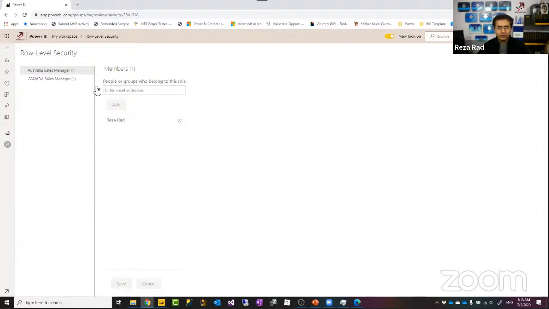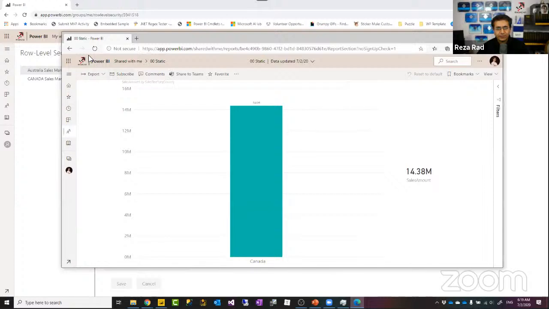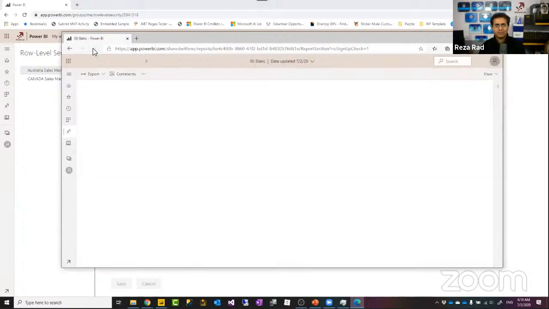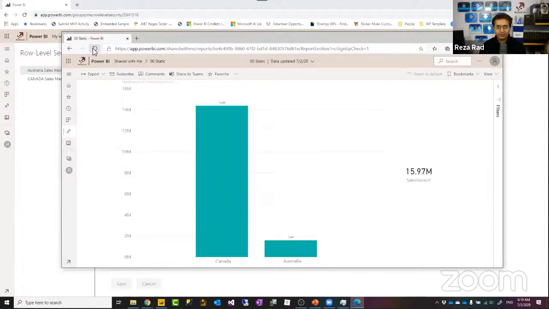I don't need to share it again because this user already has access to the report. If I refresh the user's view, Australia's data would come beside Canada's data, so the user has access to both. So it's a really simple configuration to have your data filtered.